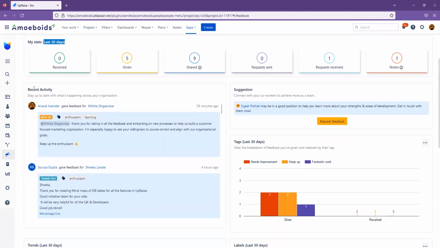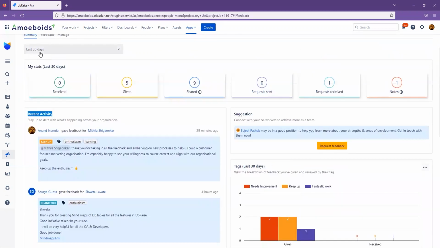Scrolling down on the left-hand side, you will notice recent activity. This section is not related to the duration selected. So it shows up all the recent activity that is visible to you with regards to continuous feedback. Whether that is some feedback that you have created, whether that is some feedback that was created for you, or